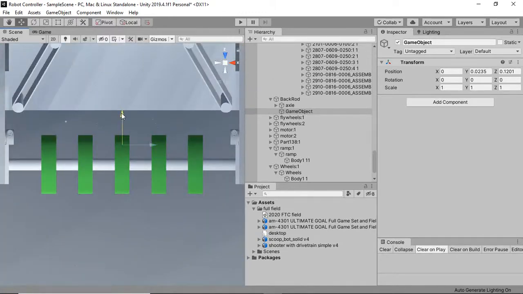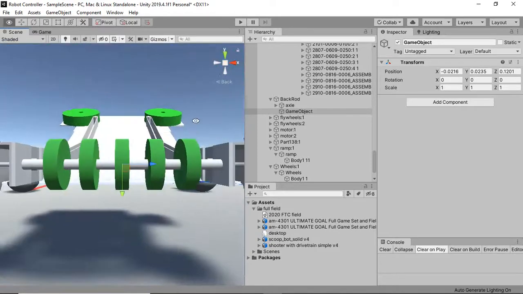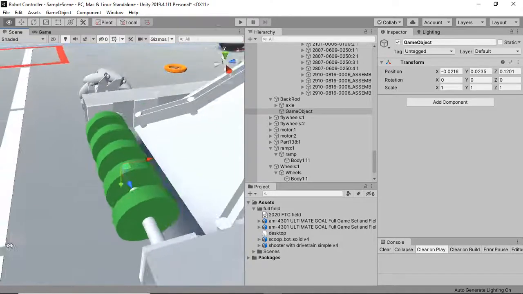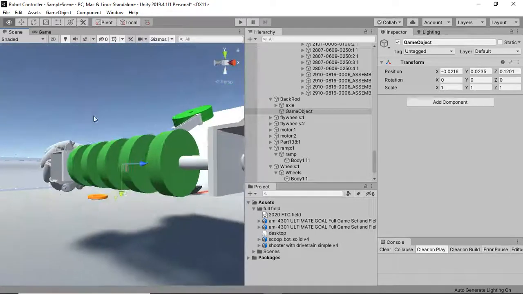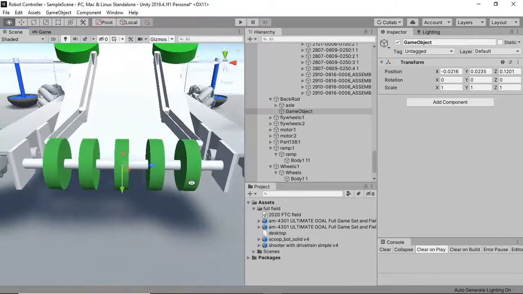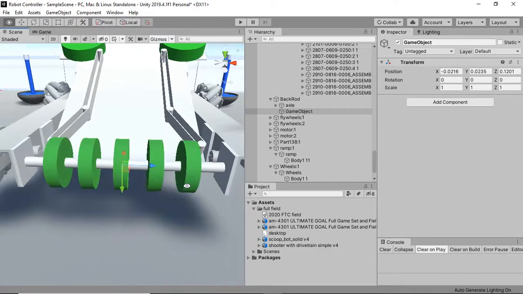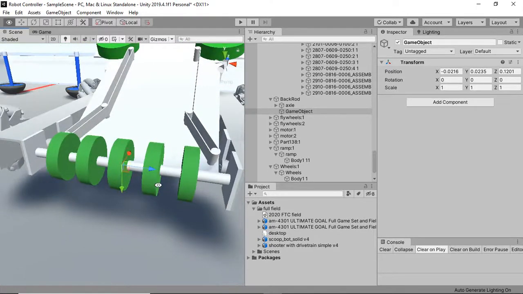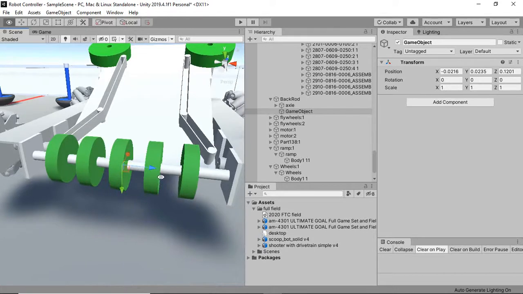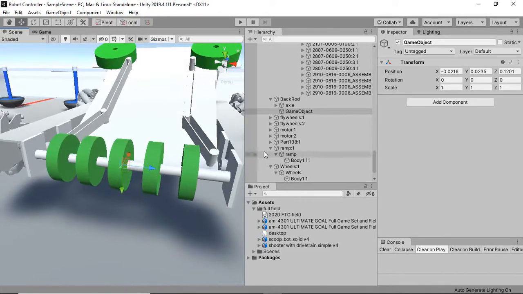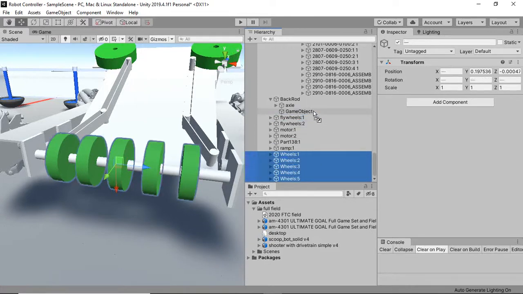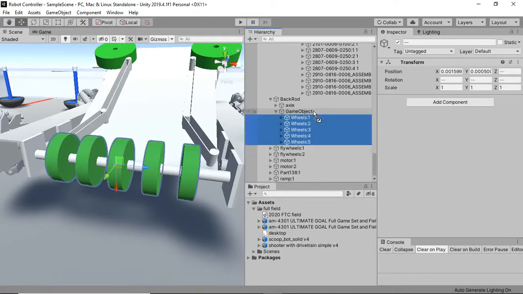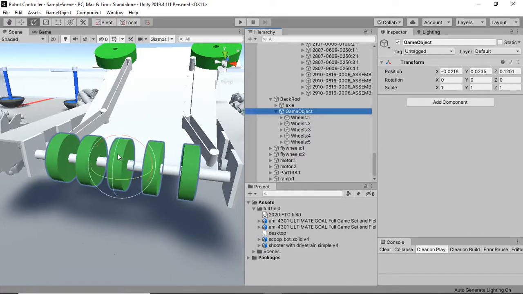Let's see it from the top side. Let's bring it exactly in the center. Okay, perfect. Now to check whether it's working perfectly or not, we will select and drag these five wheels and make them a child of this game object. Simple. Now if we rotate the parent on the z-axis,